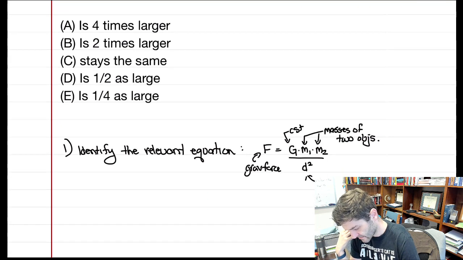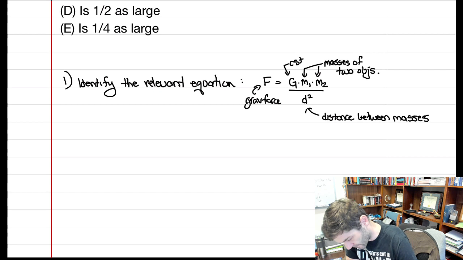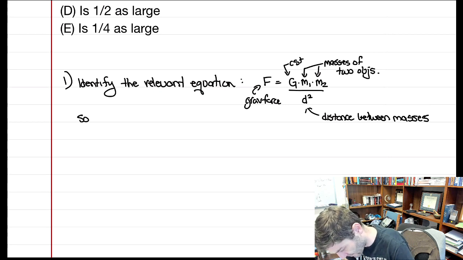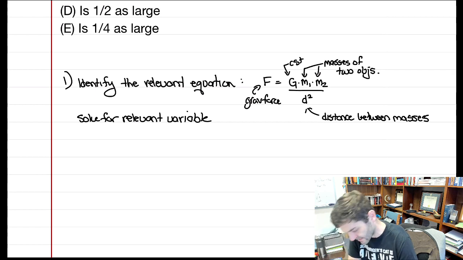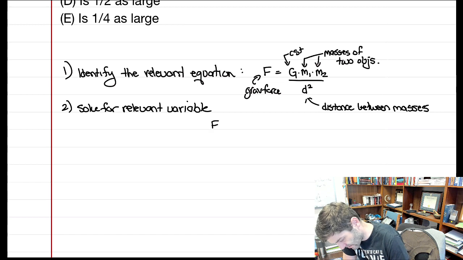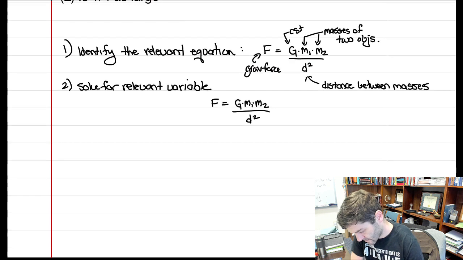So in this case, if you need to, you can solve for the relevant variable. In this case, we don't have to do anything. It's already solved for us. It already is in the form of F equals. We want to see how the force is changing, so I want to be able to write that as a bunch of other variables and constants. Now the next step